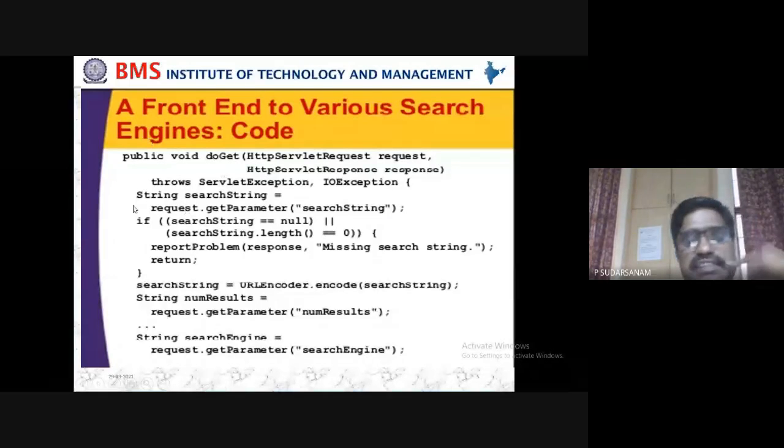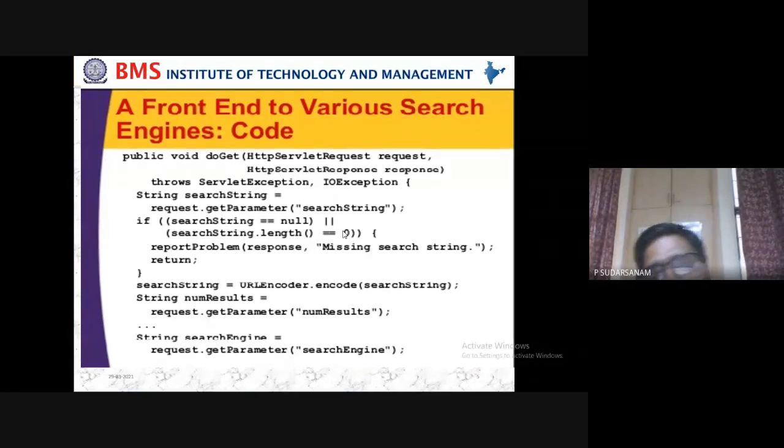So strings, searching the strings. Whatever string you are searching, what will happen? The request object name dot getParameter searchString. When you are finding this string, if searchString is equal to null, or maybe 0, sometimes a null string will be returned, sometimes 0 will be returned. Anyone can be taken, that's why you write both: searchString is equal to 0 or searchString length is equal to 0. If it is that, what will happen?